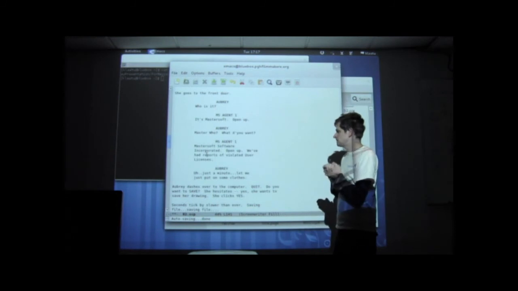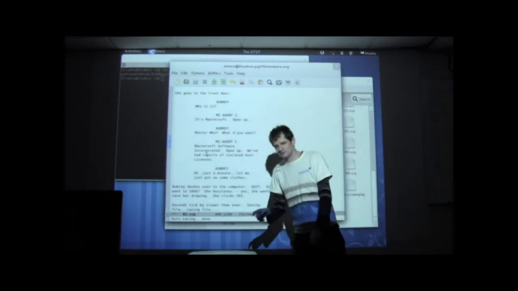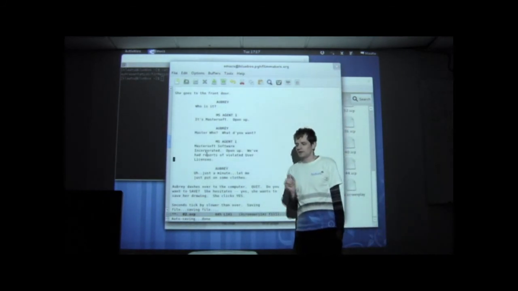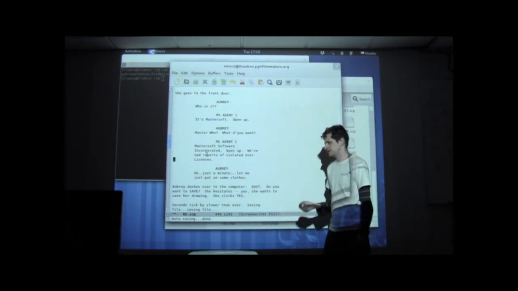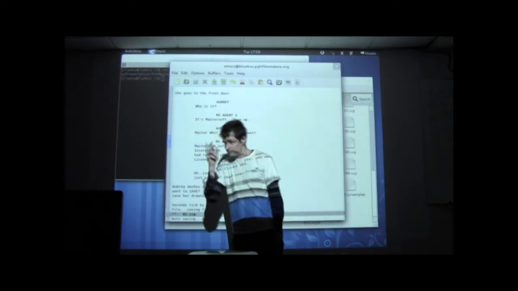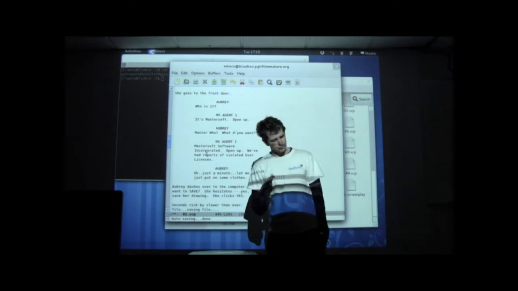The great thing about this is that you can take that file and send it to anyone, and they'll always be able to open it. Now, traditionally, you don't send screenplays out as plain text files. That would probably really confuse some people. They wouldn't understand why you were sending them a plain text file. And it's also kind of dangerous to do that,